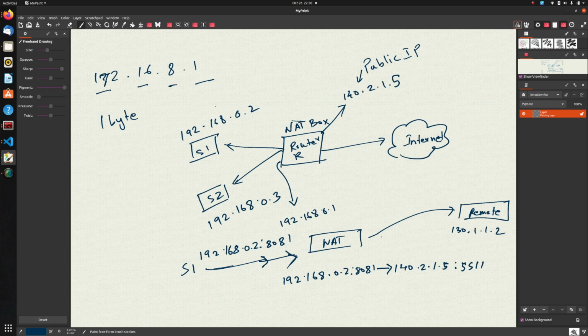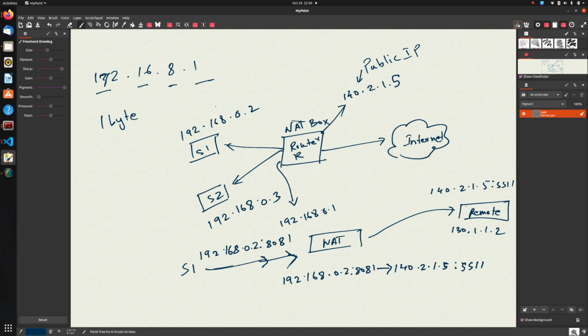Now the NAT forwards this request from S1 to the remote server. But the remote server sees that the connection is coming from 140.2.1.5:5511. So after generating the response, it will send the response back to this IP, not its private IP, because